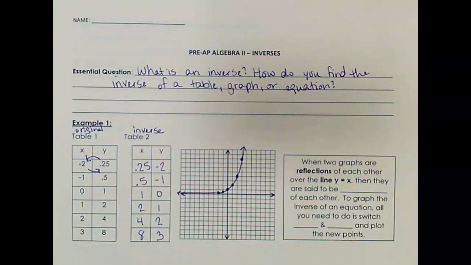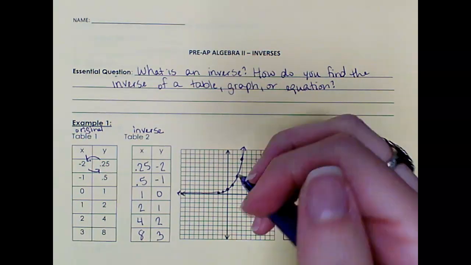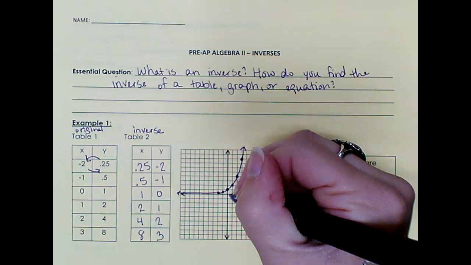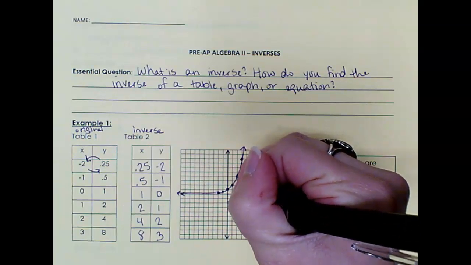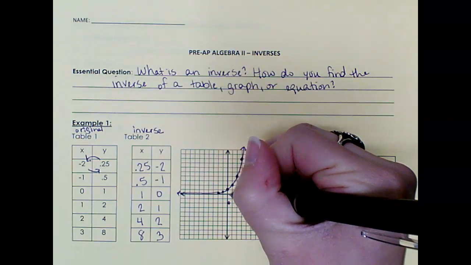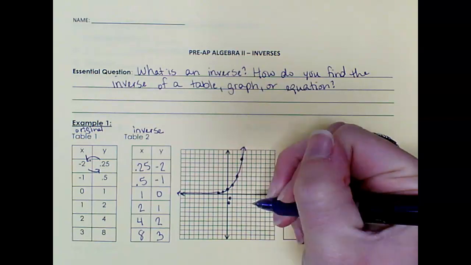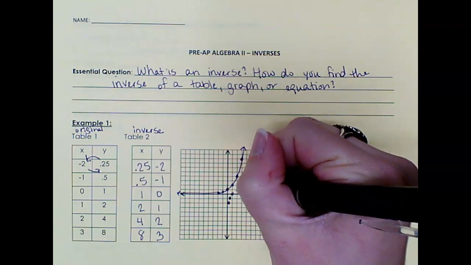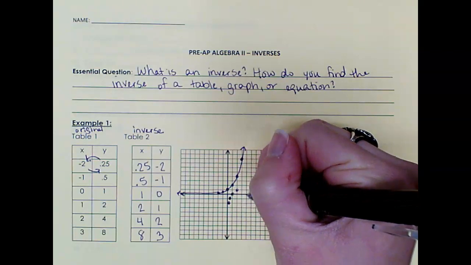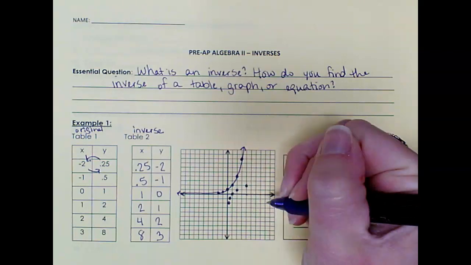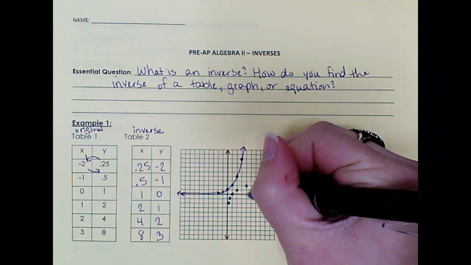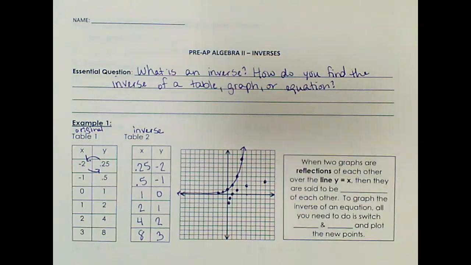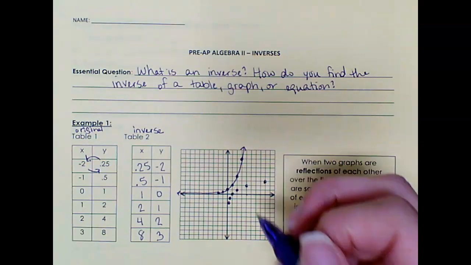Now the inverse is graphed like this. So 0.25, -2. 0.5, -1. 1, 0. 2, 1. 4, 2. And 8, 3. So if I connect that with a curve,